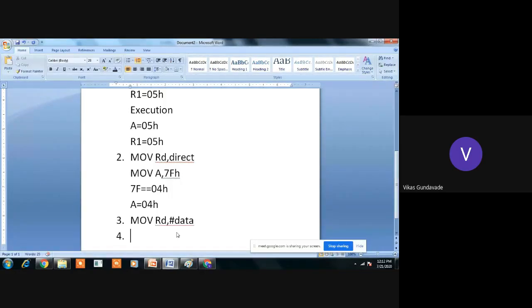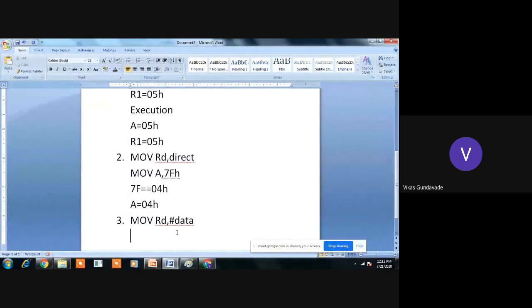Okay. Which addressing mode is this? कोणता addressing mode आहे हा? Right, Arya, it is immediate addressing mode and it is represented by hash.